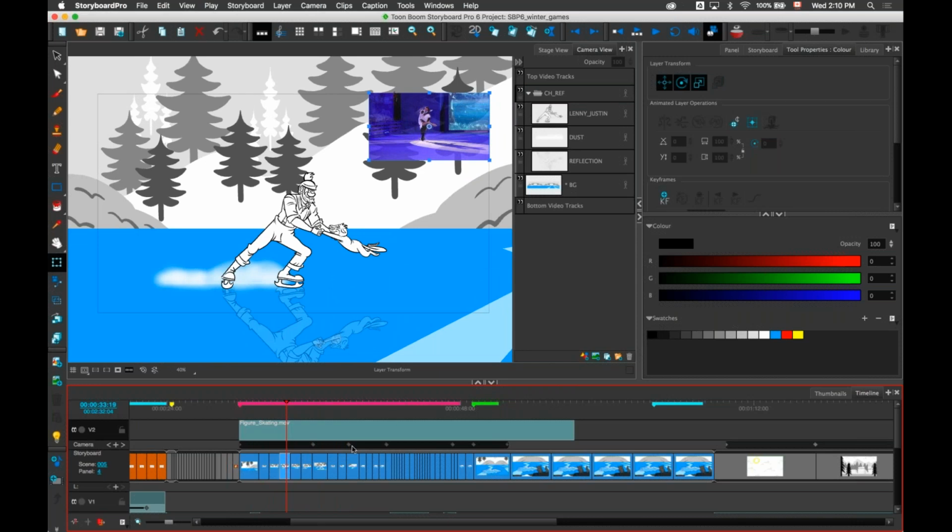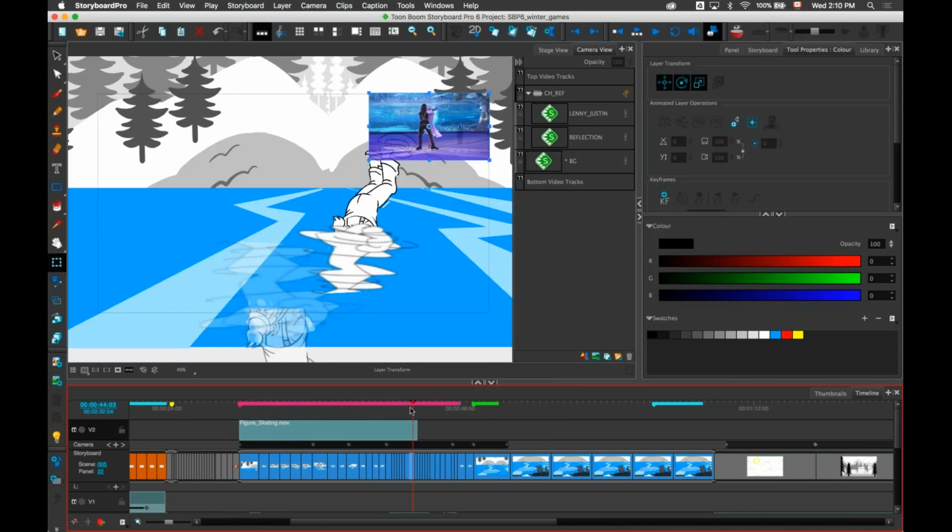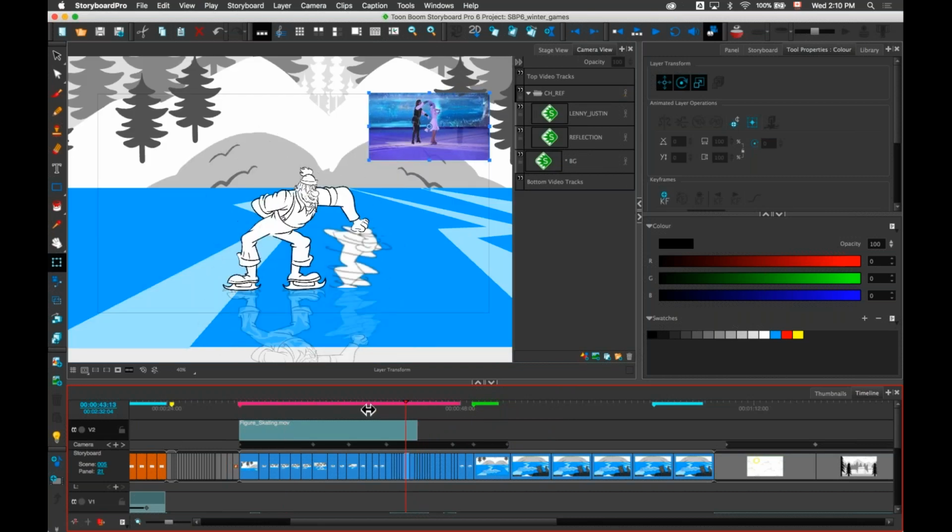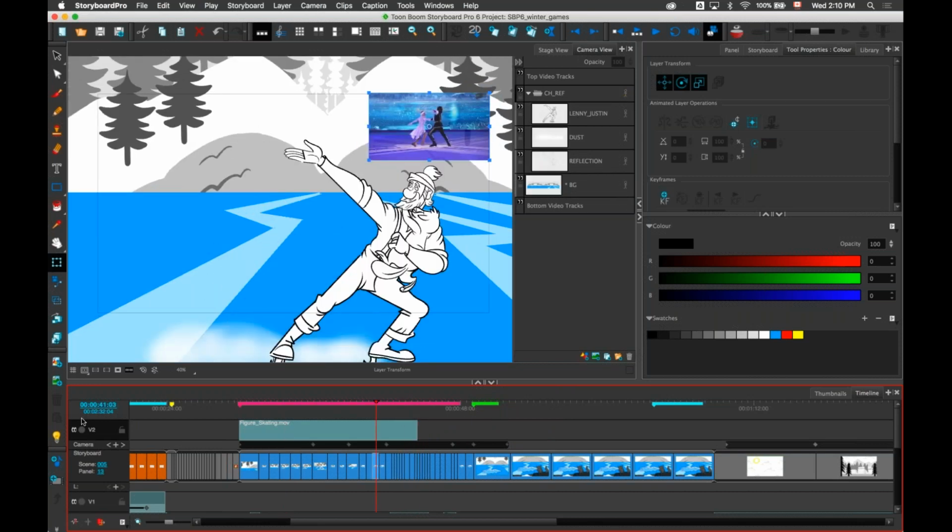So I can adjust the length of my panels or draw the poses of my characters according to the movie that I've imported. I can also modify the in and the out. So I can make this shorter because I don't need this for the whole duration of my scene. And when I don't need it anymore, I can just hide it so I don't see it when I render my scene. Because these will be rendered, if I render a QuickTime, the movie will also be rendered with the QuickTime, in any export that I do out of Storyboard Pro.